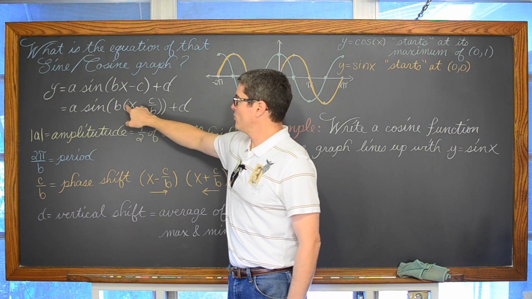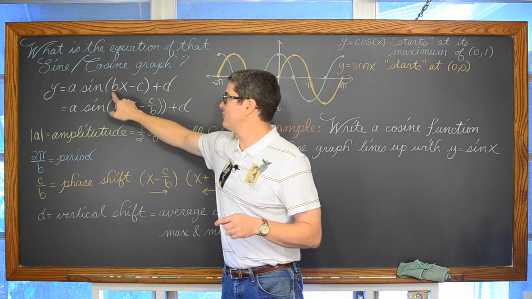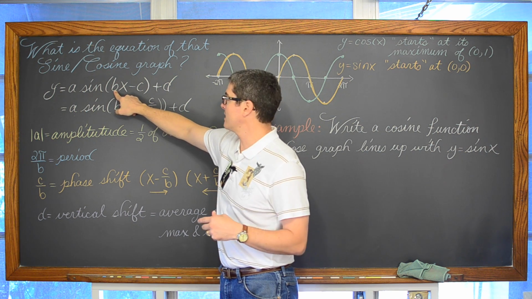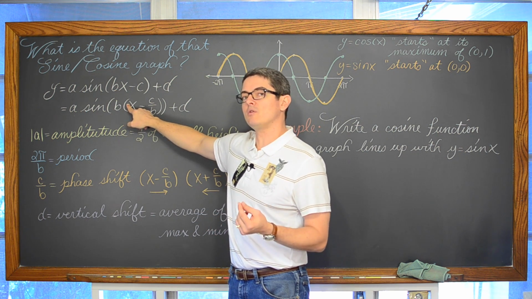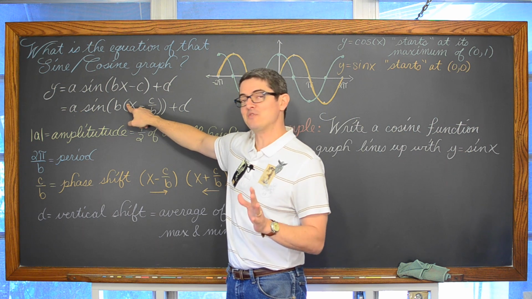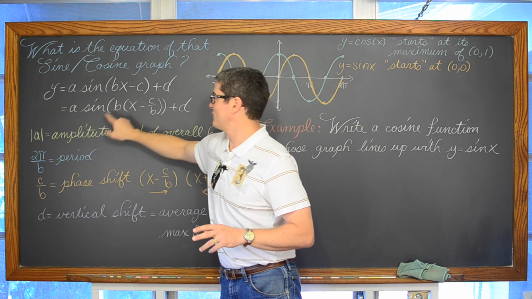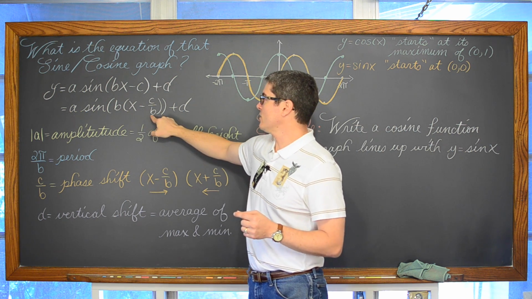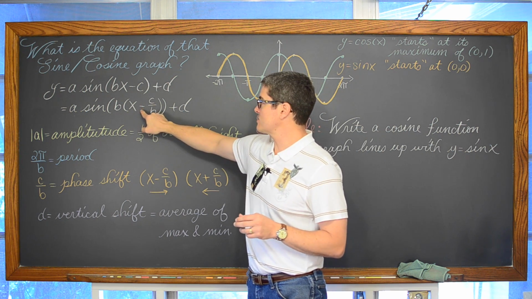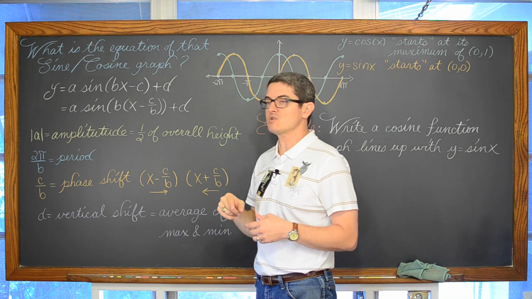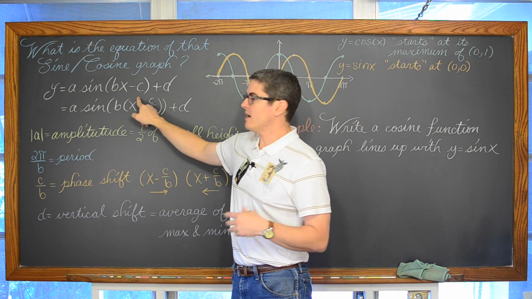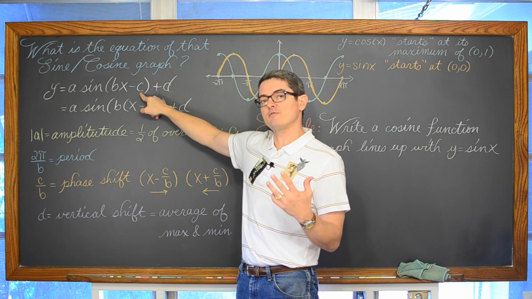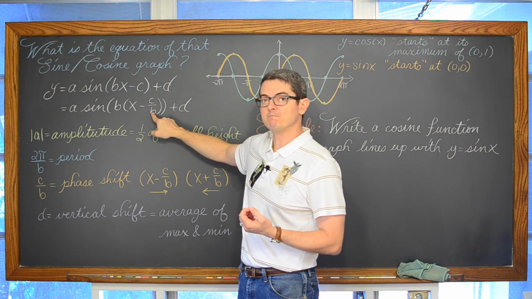Now, when you have factored out the leading coefficient of that inside independent variable, normally x, so that the coefficient on the x is 1, then you can look inside that parentheses next to the plus or minus and see the phase shift. Because my pre-calculus book writes the general form like this, I need to say off to the side that the phase shift is equal to c over b.